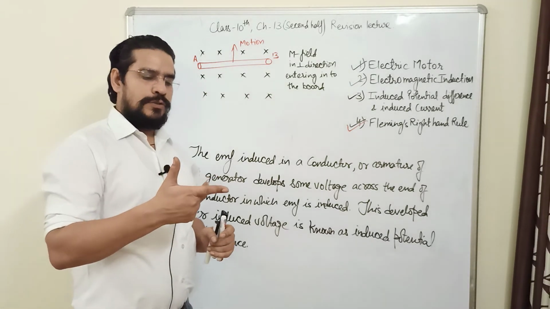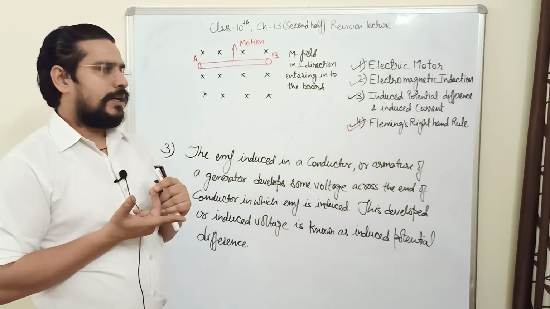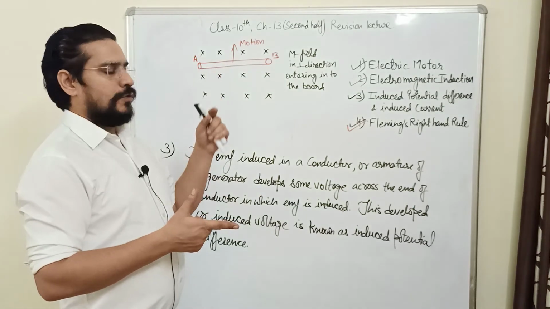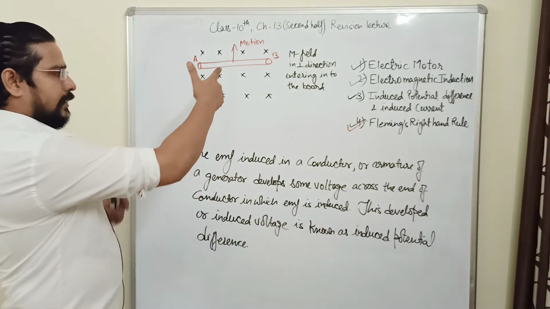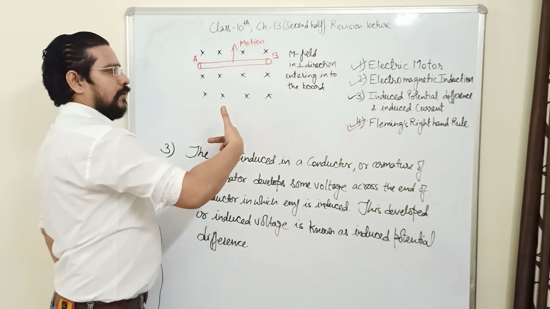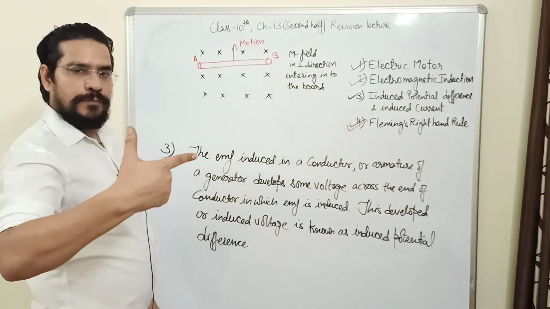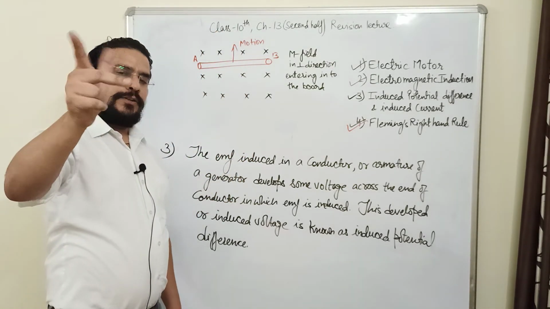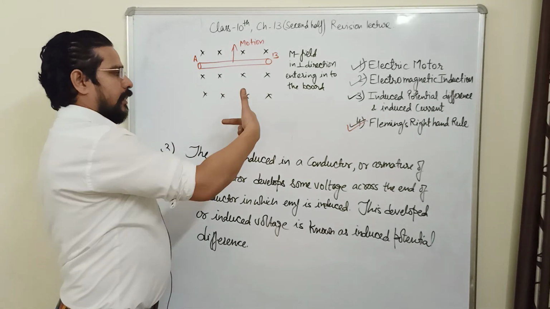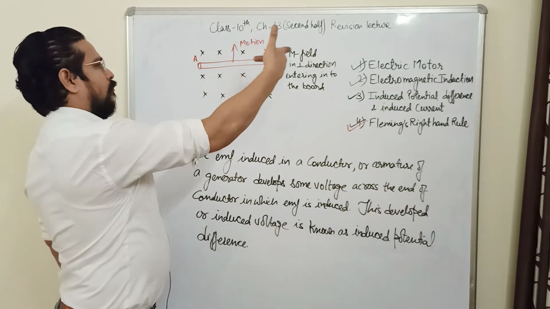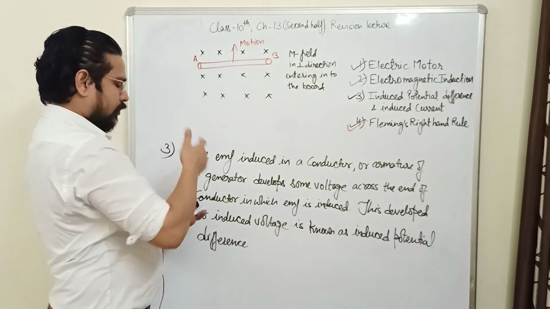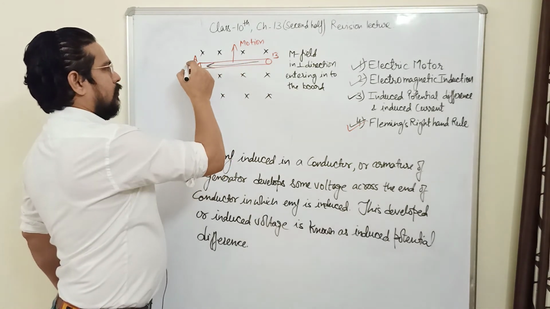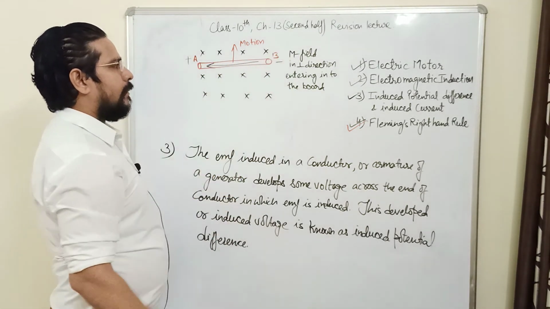Now Fleming right hand rule is used for finding the direction of induced current when we are applying the field and when we are applying the motion, or when we know the direction of force. So in this diagram you can see that magnetic field is entering perpendicular into the board. My thumb finger and two fingers are mutually perpendicular to each other. Magnetic field perpendicular to board. Thumb is giving us the direction of motion. So second finger is giving me direction of current. So a current will flow in this conductor from B to A. So this terminal will become positive and this terminal will become negative.